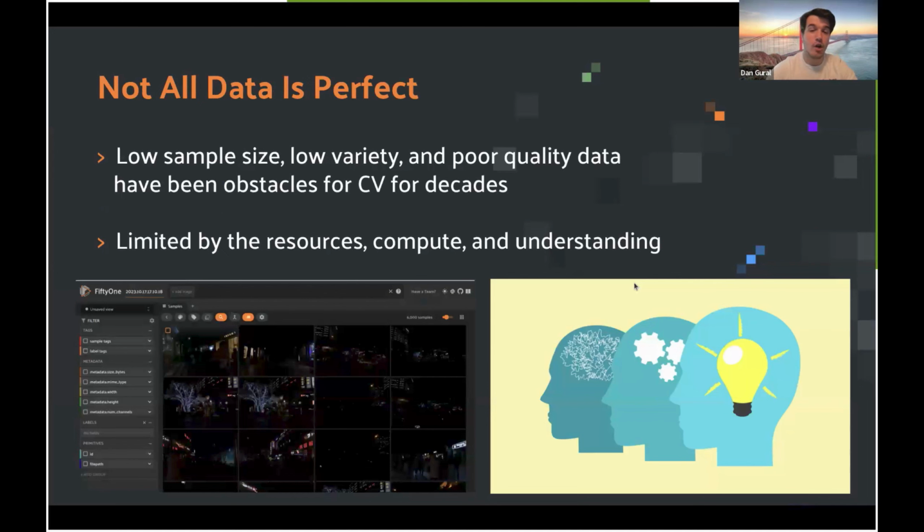Another thing that's coinciding with this, and this is nothing new, is that not all data is perfect, obviously, right? Whether it's low sample size, low variety, or just poor quality data in general, has been an obstacle for computer vision for decades. And up until now, we've been kind of limited either by the resources, sometimes there's a literal resources of going out and taking pictures, for instance, compute in order to calculate these very complex transformations or augmentations onto our data set, or really just the understanding of the right way to make poor quality data high quality